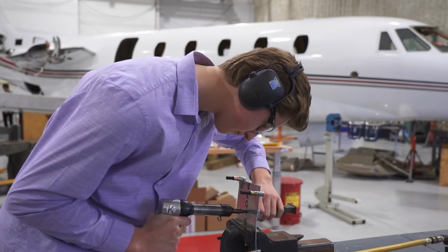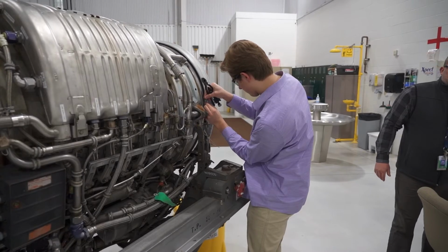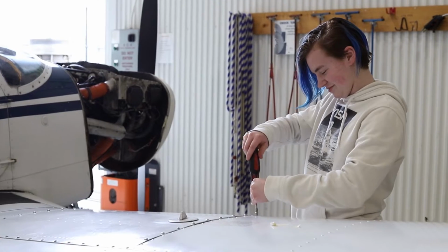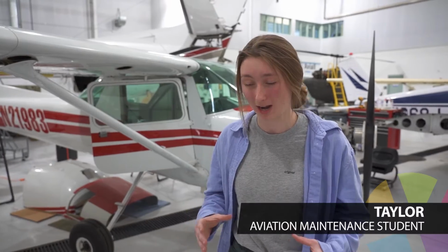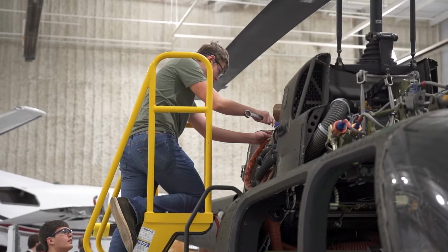I am here because I love airplanes. It's been a childhood dream of mine to work on airplanes ever since I was a kid. This was a great opportunity to come here. It's just altogether really awesome to be able to actually put your hands on aircraft and do all sorts of